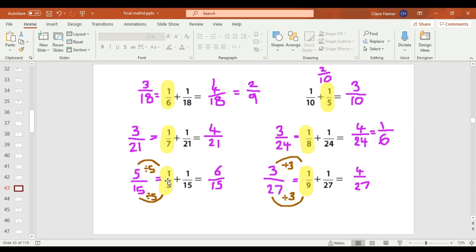5/15 is the same as 1/3. Because I divided both sides by 5, or multiplied by 5, and then I added it to 1/15, I got 6/15. That's the simplest form. So press pause and mark your work,